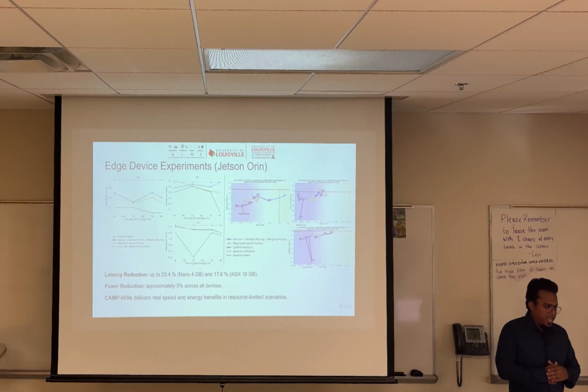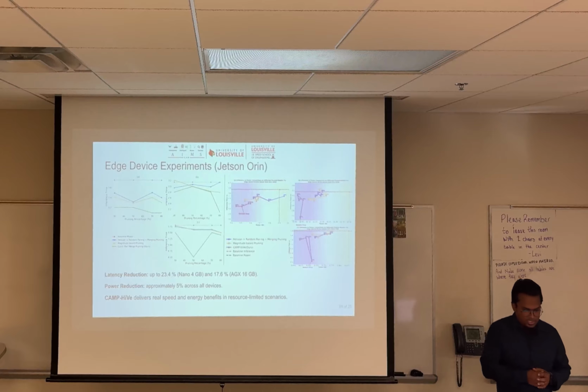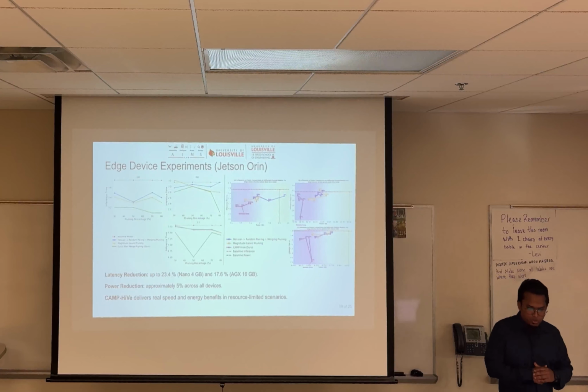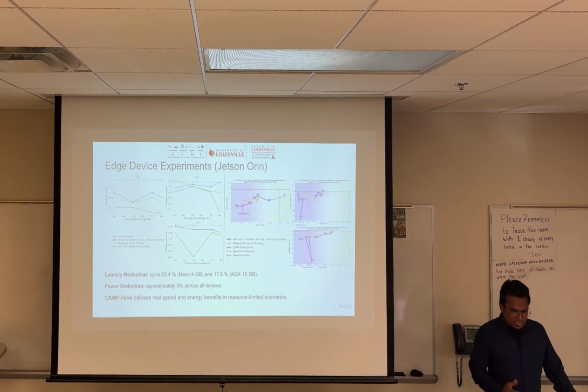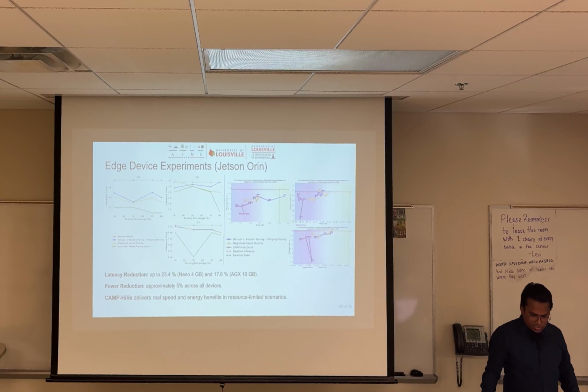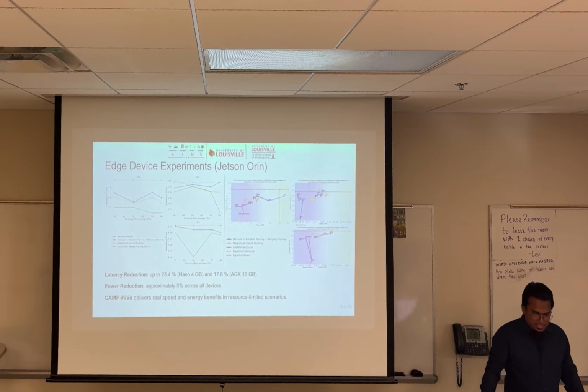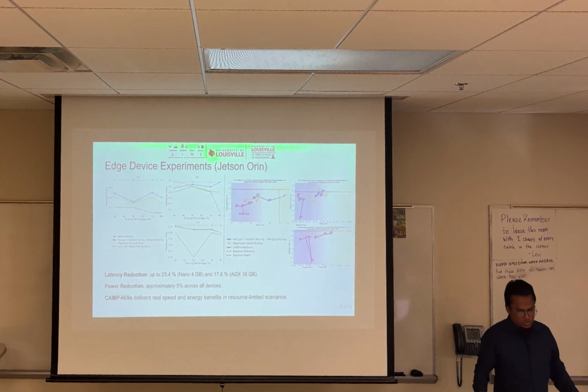Now these are the edge device experiments on Jetson Orin. As you know, we deployed the pruned models on Jetson Orin Nano 4GB and Orin AGX 16 gig. These are very popular embedded AI boards. So in the latency results, you will see that on Orin Nano, inference latency dropped around 23.4%, and on AGX latency decreased